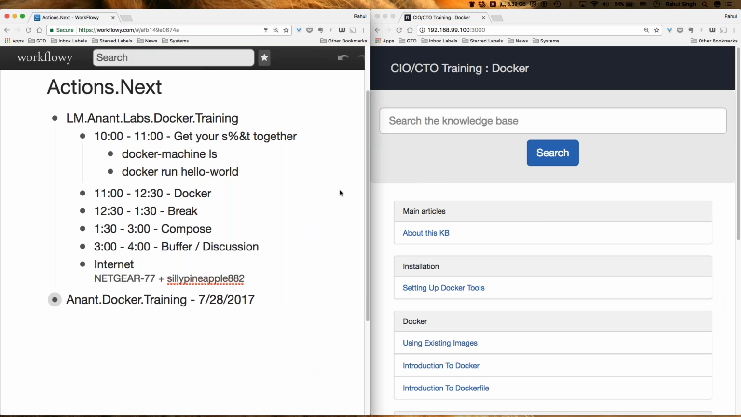We are doing this CIO, CTO training for Docker for a couple of reasons. Primarily because when we have to teach something, we have to know it better. And this is one of those technologies which is transforming the world. And I've had the great pleasure of creating a knowledge base, which I'm going to be sharing with you. It's on GitHub. So I like it because of that. But also from a business standpoint,